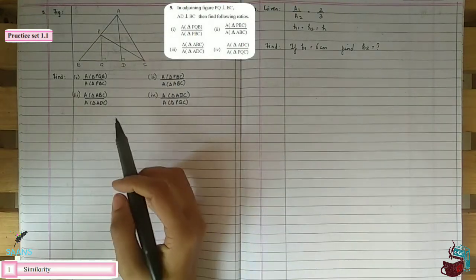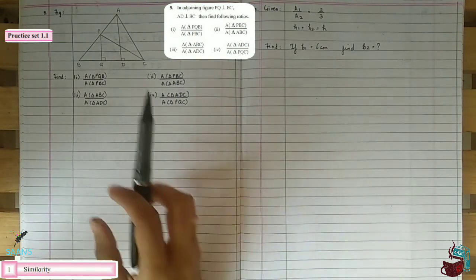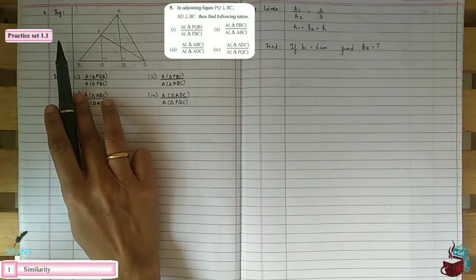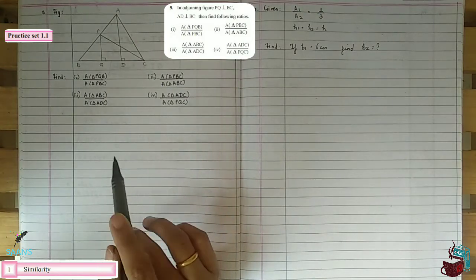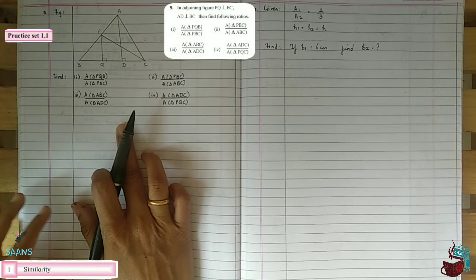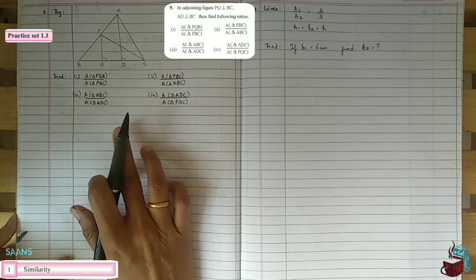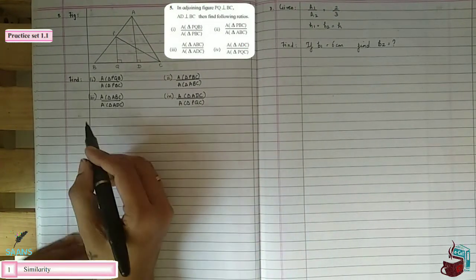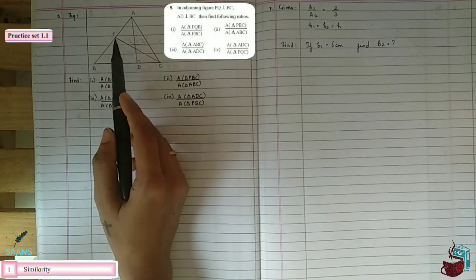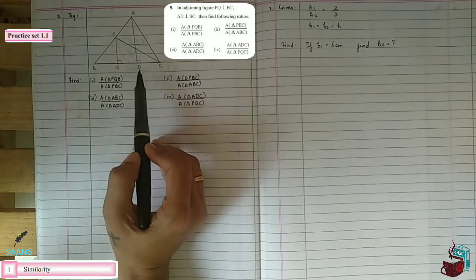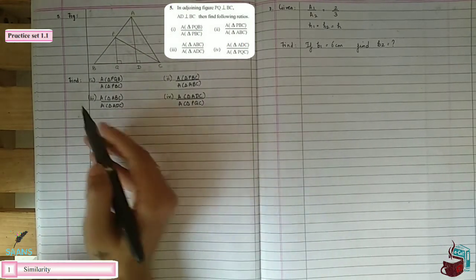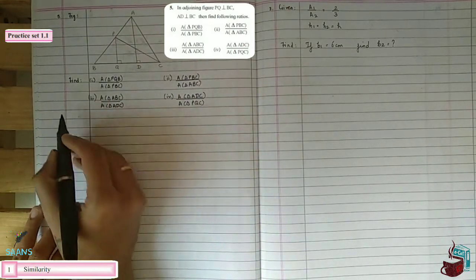So in this figure you see, what have they told you? You have to find these. Just remember, this is a very important sum, kids. As you will see further, many board questions have had this. So without waiting much, we will start with the sum. Here it is given that PQ is perpendicular to BC, AD is perpendicular to BC, and you have to find the ratio of these. So find, I have already written.